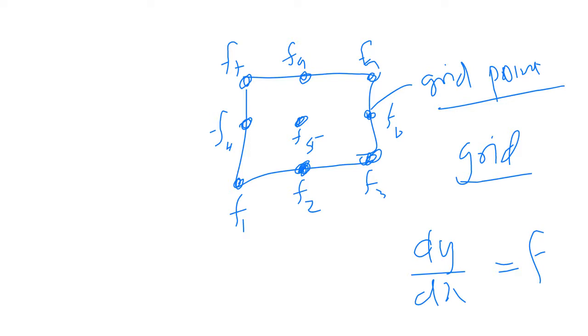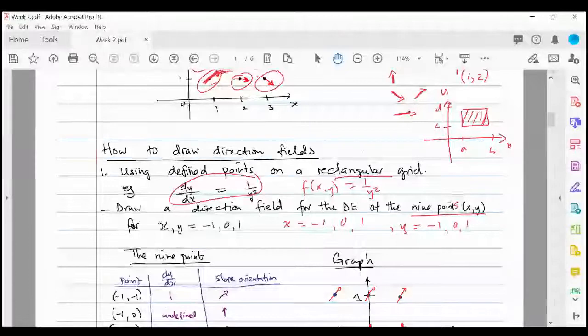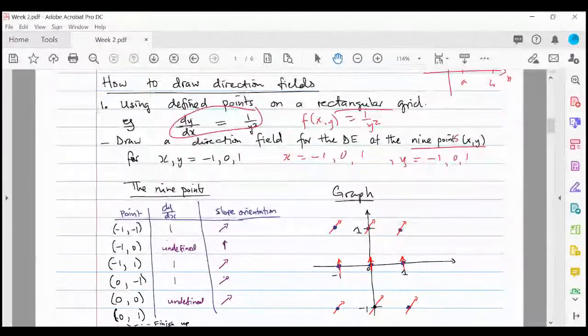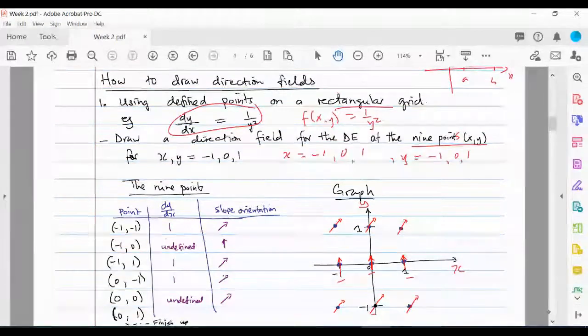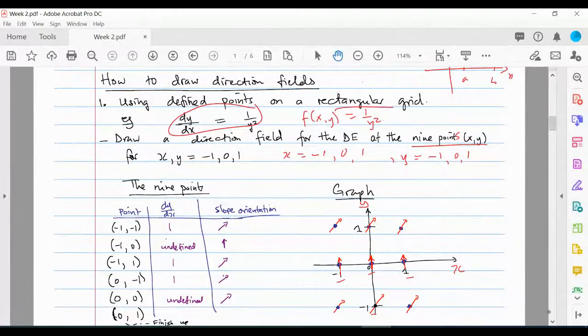It says using defined points on a rectangular grid. So you have your grid for x, y. You can see x goes from -1, 0 to 1, and y from -1, 0, 1. And then we have 9 points on the grid, where we have the points (-1, -1), (-1, 0), (-1, 1), and then you have (0,